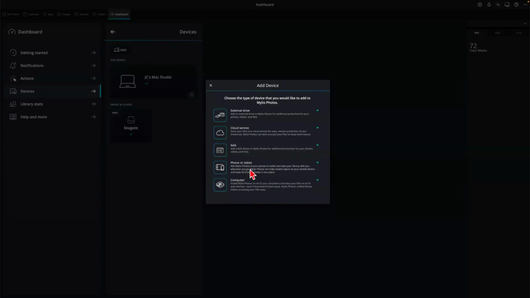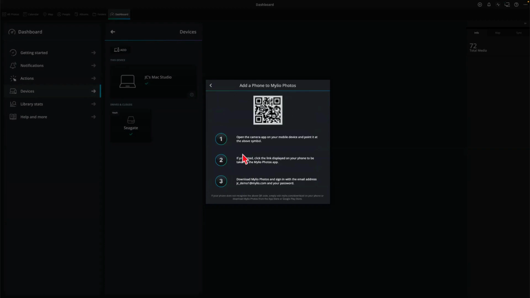One of them is phone or tablet. Now, you don't have to do this if you don't want to. We just put that option there to make it easy for you, because if you click on that, you can point your phone camera to that QR code there, and it will take you directly to the App Store and it'll download the Mylio app. So that's what I'm going to do right now. For those of you that are looking at my camera, I'm going to point my phone to that QR code,